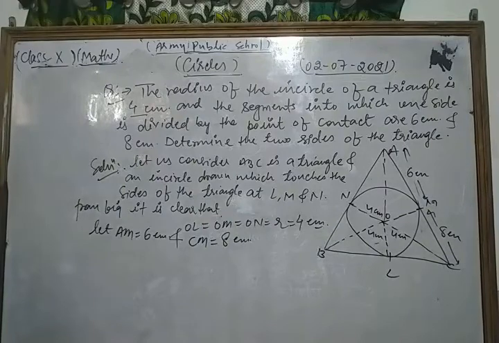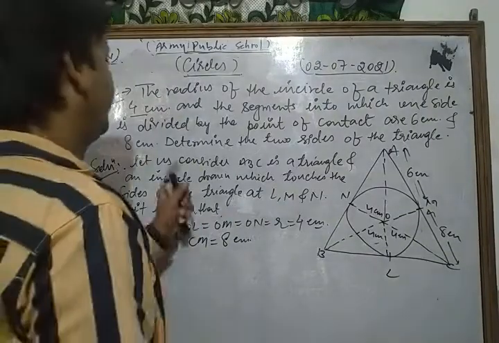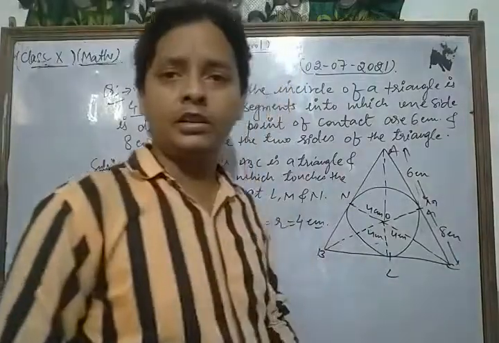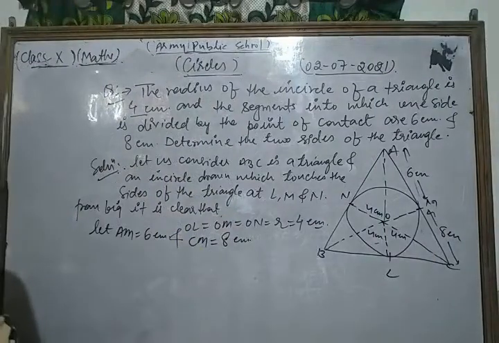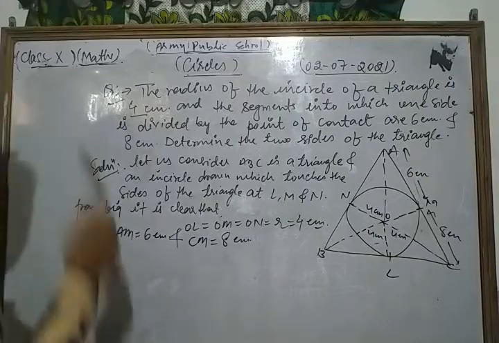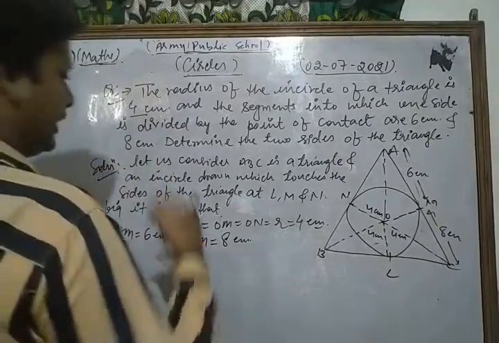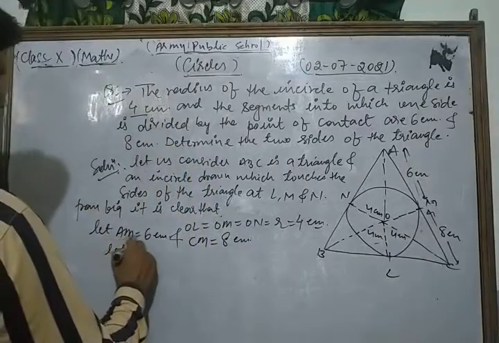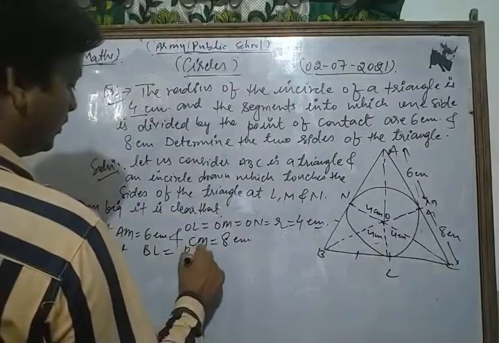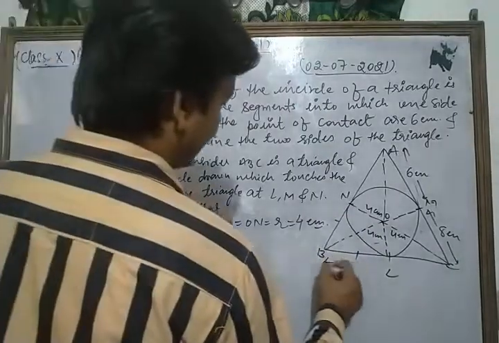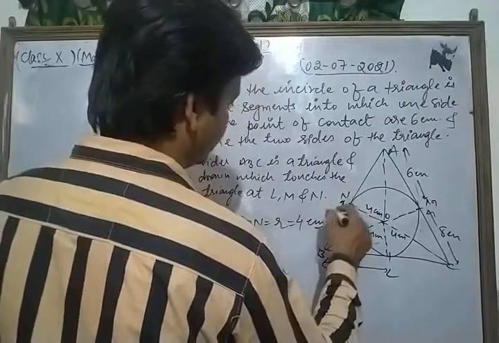Now what do we find? We find the two sides of the triangle, meaning AB and BC. Now look. Let BL be equal to BN, each equal to x. We take this as x, so this is also equal to x